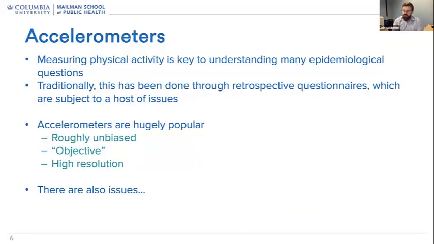Accelerometers are what I'm going to focus on primarily, and the reason for that is much of the work that I do in public health is focused primarily on things that have to do with physical activity, how often somebody moves, whether or not they're getting the recommended amount of exercise and things like this. Historically, physical activity, although it's extremely well known to be important in many problems that involve health and many health